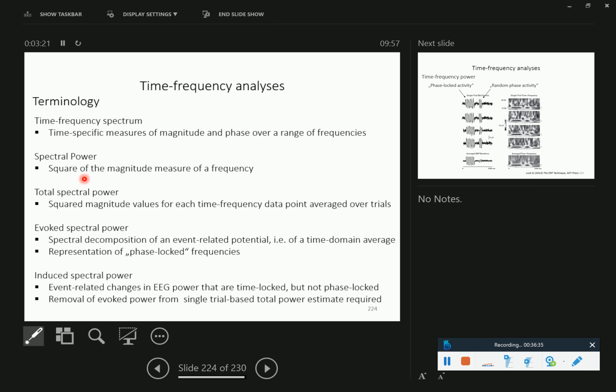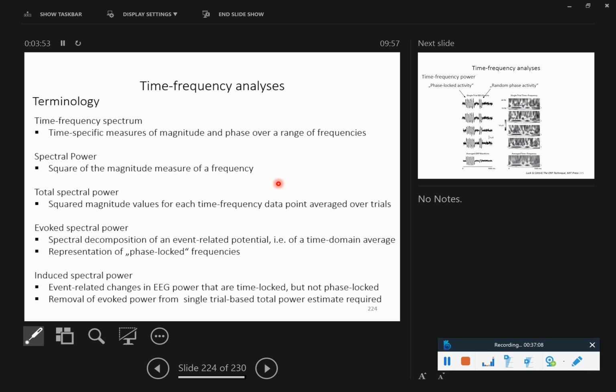So that's spectral power that people like to show. Total spectral power averaged. This is now important. First we have this time frequency spectrum where we have time-specific measures of magnitude and phase. Then you can compute the spectral power, where you basically get rid of the phase information and just have the magnitude information. This you can plot. That's fine. And then, and this is important, what is defined here on the slide is that